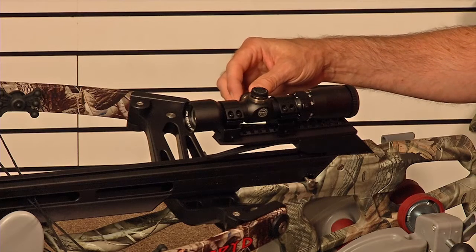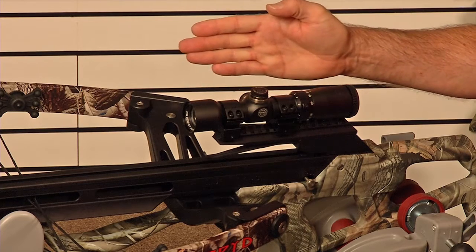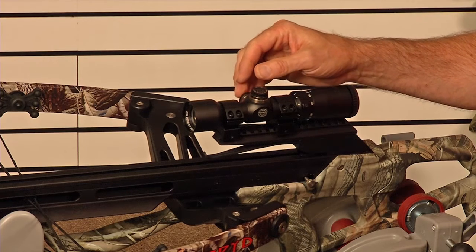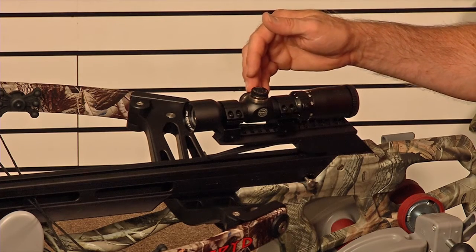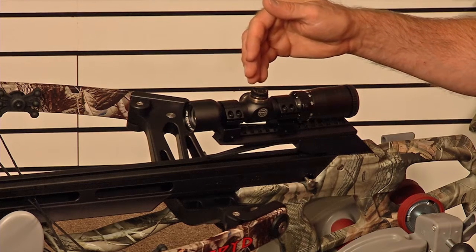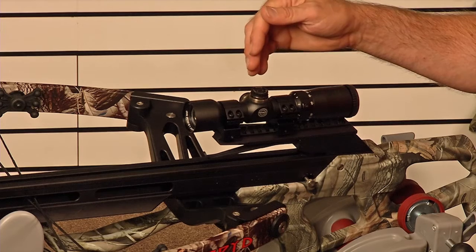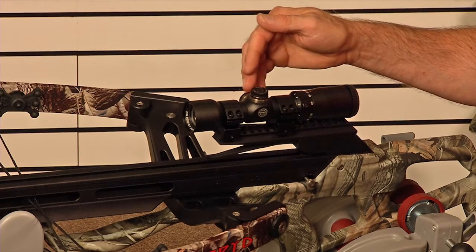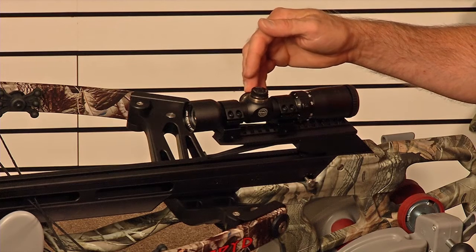turning your dials whichever way you need to, you'll want to chase that crosshair to where the actual point of impact was. And that's why I said it's very important if you've got a bench rest or a gun vise or something like that, because it's really, really hard to do just holding on to the bow and getting it right. And typically speaking, if you do this, you'll be able to sight your crossbow in about 3 to 4